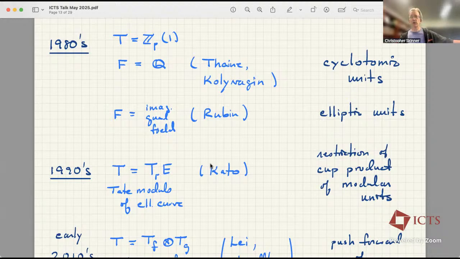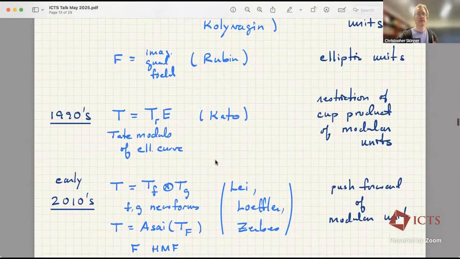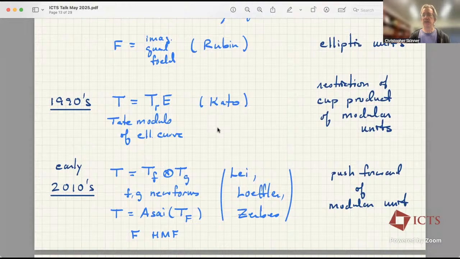Now, there's also the work of Kolyvagin on elliptic curves, but that doesn't quite fit into the framework that I'm talking about. I'll say something more about that in a minute. Then in the 1990s, there was an addition. Kato produced a rather amazing construction of an Euler system for modular forms, or let's specialize to the case of the Tate module of an